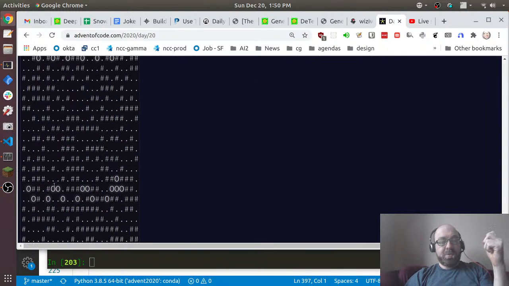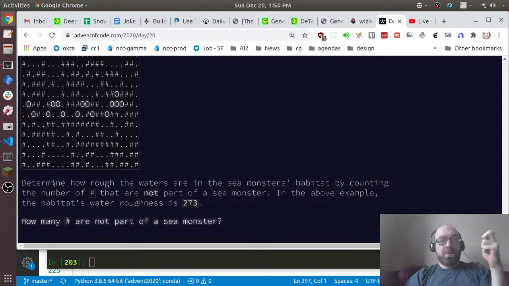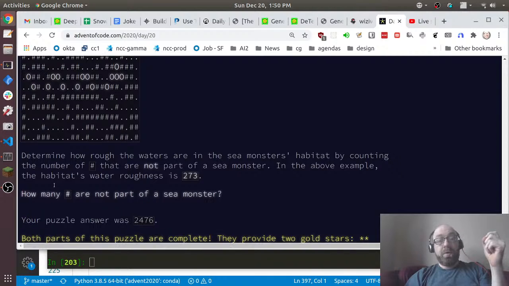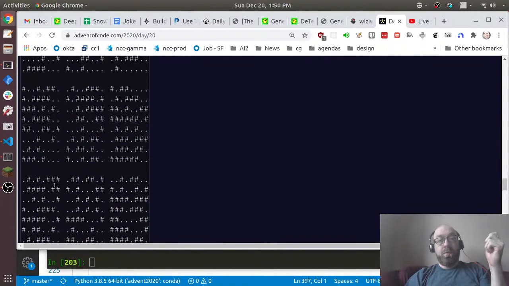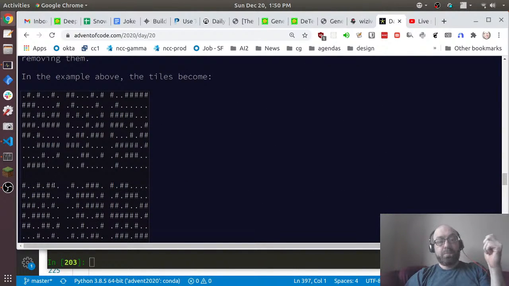They found these sea monster patterns. Determine how rough the waters are by counting the number of pounds that are not part of a sea monster. The above example, the habitat's water roughness is 273. Okay, so in order to do this, we need to put the puzzle together. Okay? And so again, putting the puzzle together in general